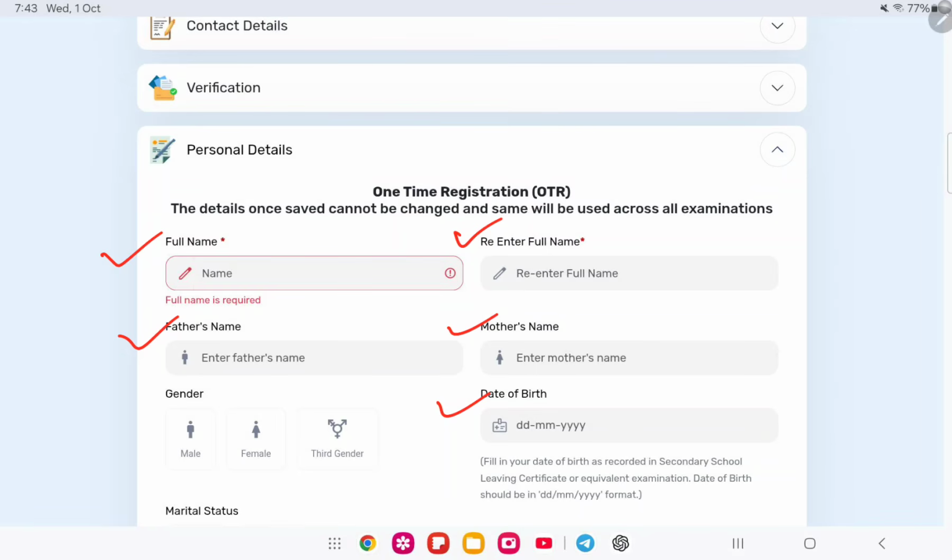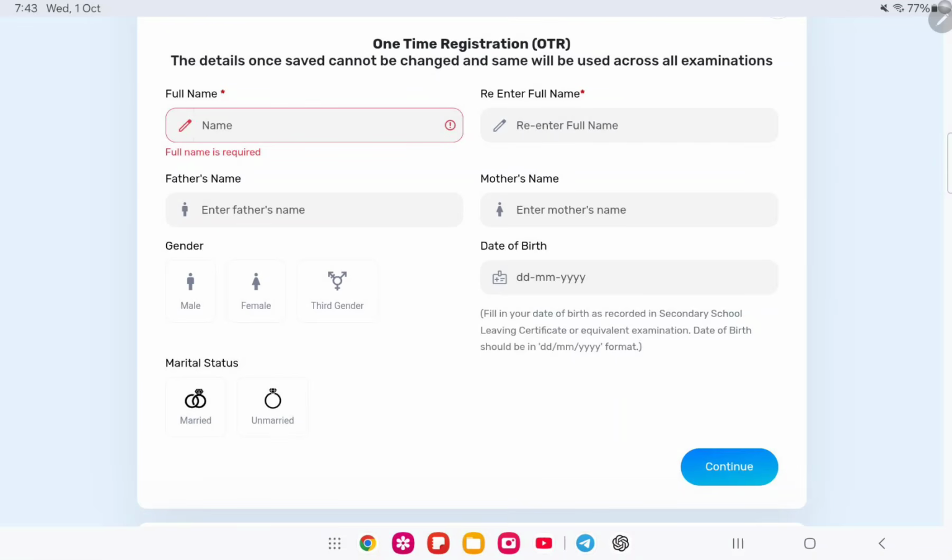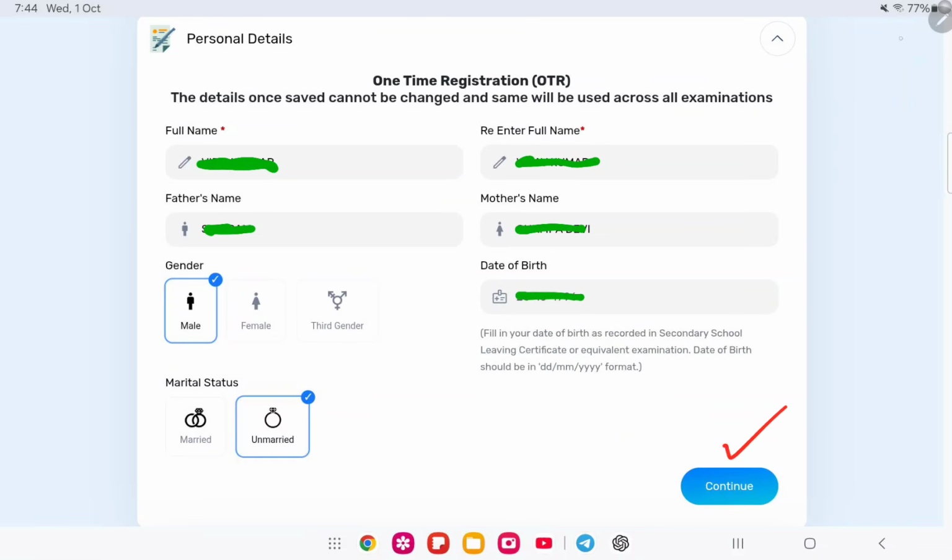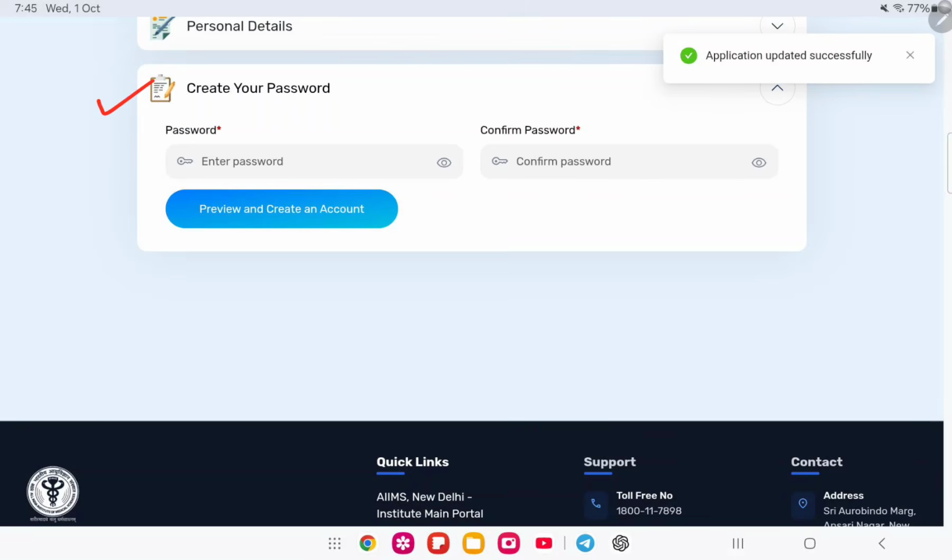So enter carefully your name, date of birth, mother name, and father name, as this OTR remains the same and you can't change it during the edit window. So fill in these details and then select continue. Click continue, and then you have to create your password.